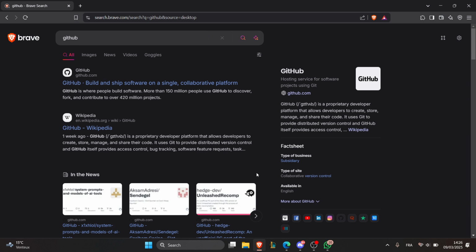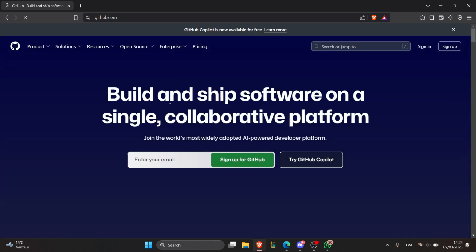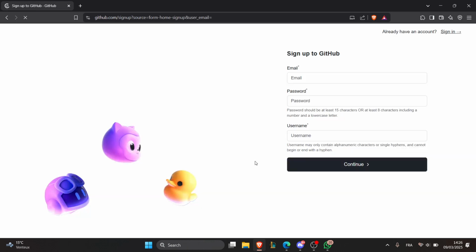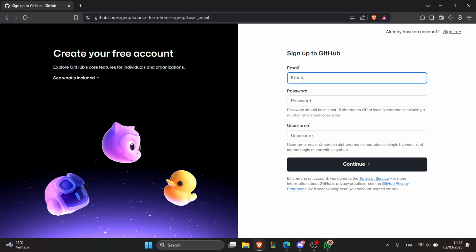The first step is go to the GitHub website. And to do that, just open your browser and then go to github.com. Just like in this page, and then click on sign up for GitHub. After that, type your email, username and password, and then click continue and verify your email, just like a normal